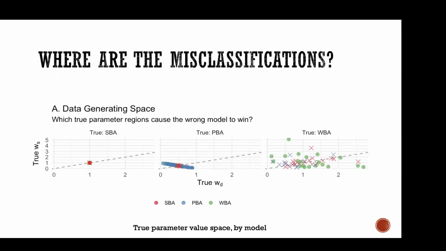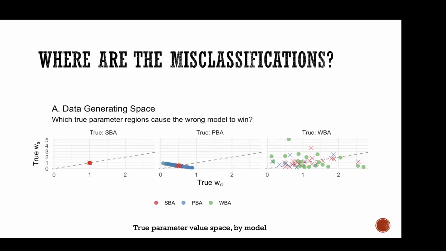But we also want to look at where the errors are. Like, which kind of errors? Are there diagnostic signatures of the model estimating certain values that should tell us that it's probably wrong? So I've been playing with different ways of visualizing. You're going to see the best three, and I'm not sure they're the best ones. We take one model at a time, and we look at where the true parameter values were,